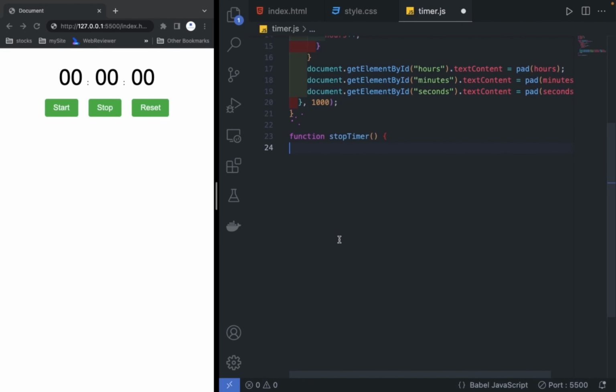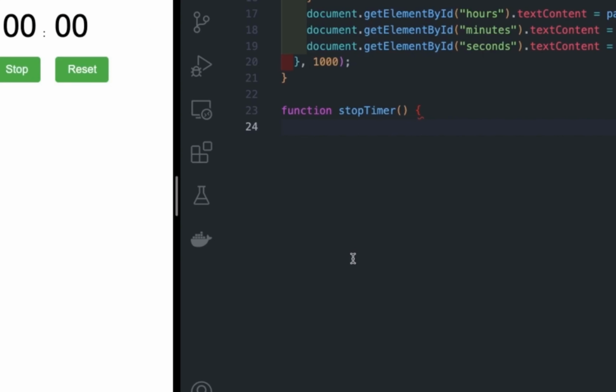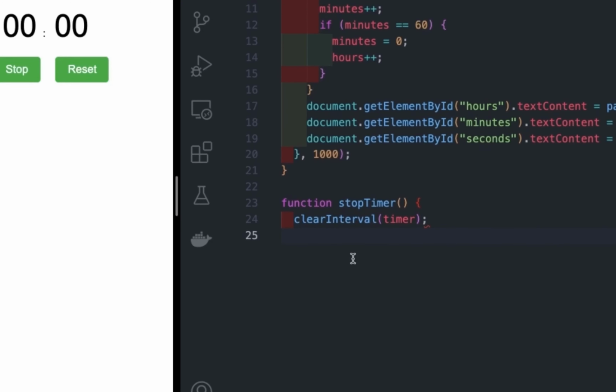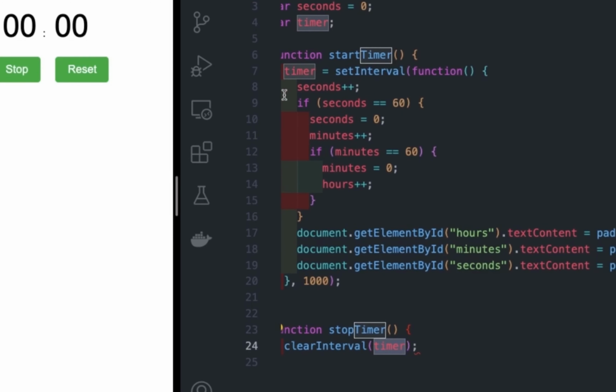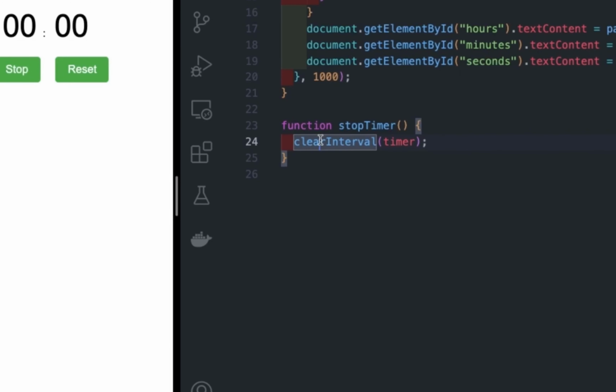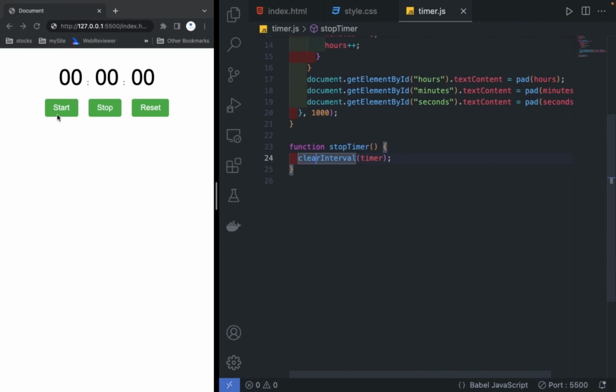After the start function we will create the stop timer function. Inside this stop timer function I am writing clearInterval. Like setInterval, clearInterval is also a JavaScript inbuilt function. There I am passing the timer. So timer is basically our this function. By name it is clear, but it does not clear the things, it will stop the setInterval function. When we start the timer, the time will increase every second and the values will change. So when we click on this stop timer, it will stop that.